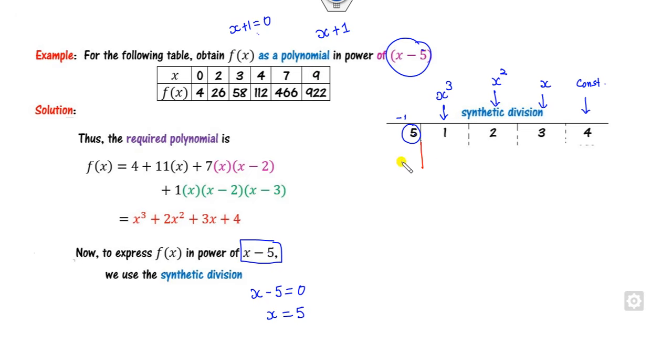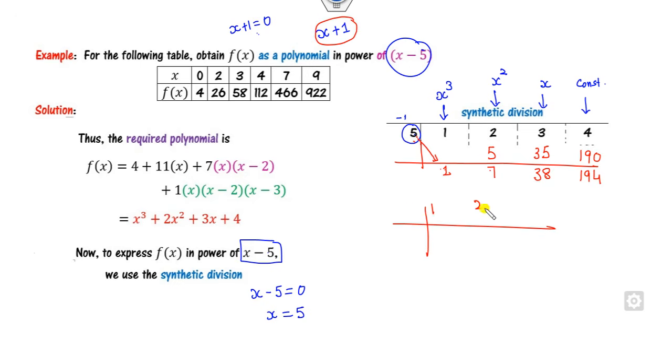What you can do is write here. The first number you can write as such. Multiply this by 5. 5 into 1, 5, you write here. 5 plus 2, 7. 5 into 7, write here, 35. Add them, 38. Multiply them, 190. Fine, you get 194. Clear? If somebody asks you to write in terms of x plus 1, then you have to start